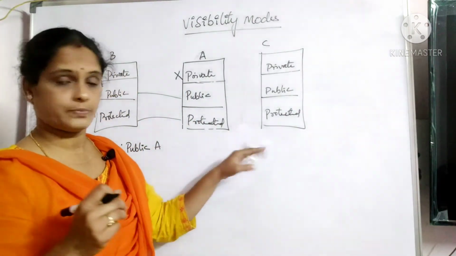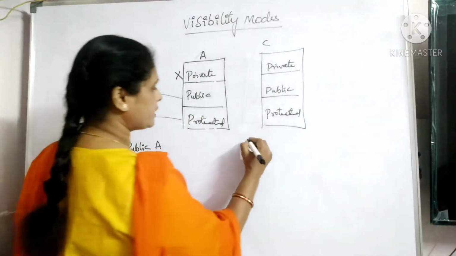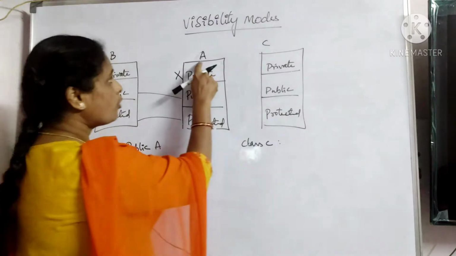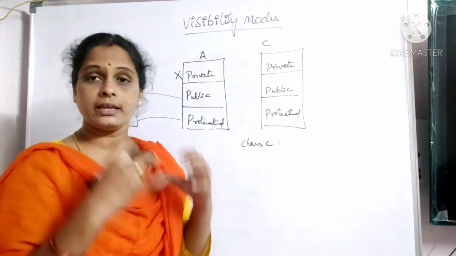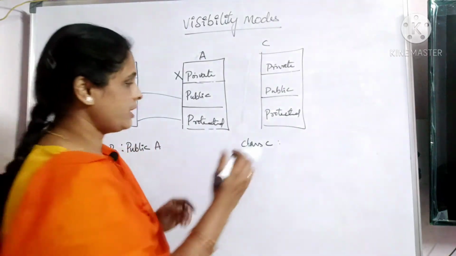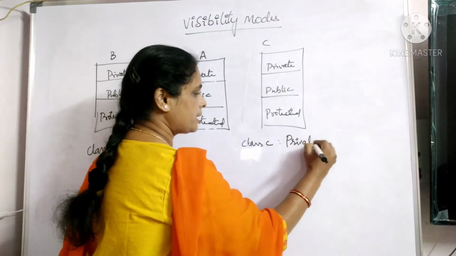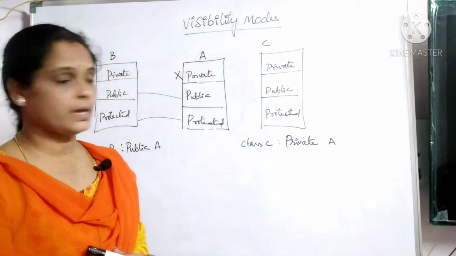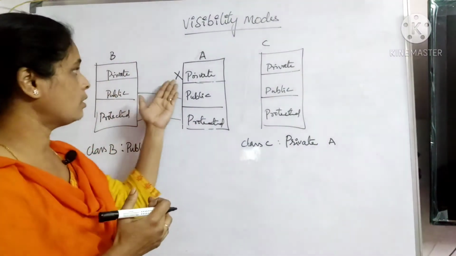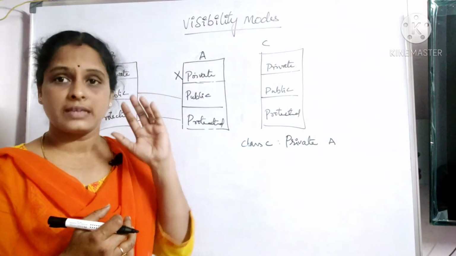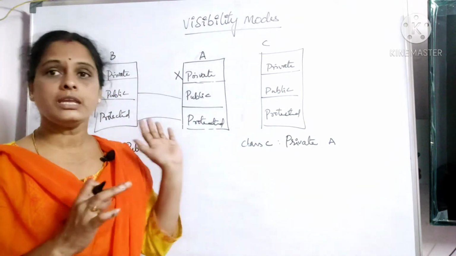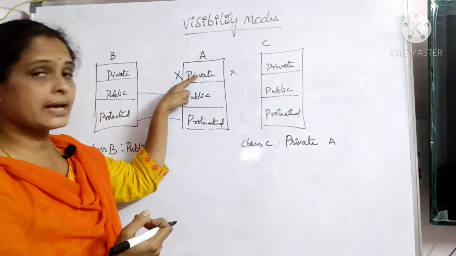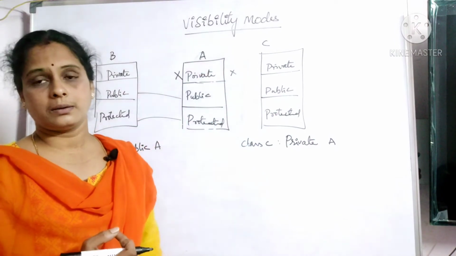As I told you earlier, first of all we'll write the syntax for it. What is it? Class C, colon. I wanted to derive this, I wanted to inherit it. In which mode? In private mode. So the visibility mode will be private, followed by the name of the base class, that is A. Now, as I told you before, here also, private data of the base class cannot be accessed outside in any mode. So private data cannot be accessed. That means base class private data cannot be accessed in the derived class.